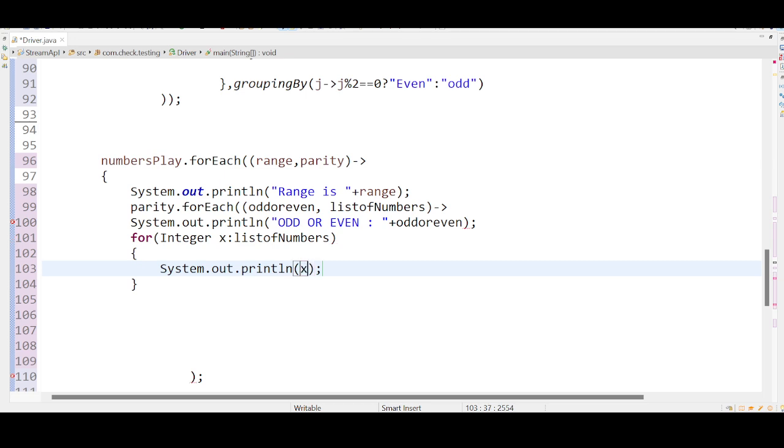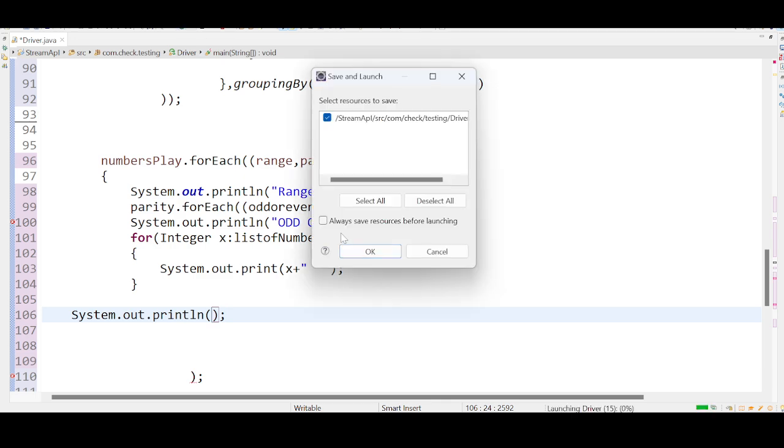I want to leave a space for better observation and not print a new line. After this, I want to print the new line with System.out.println. If I run this code,